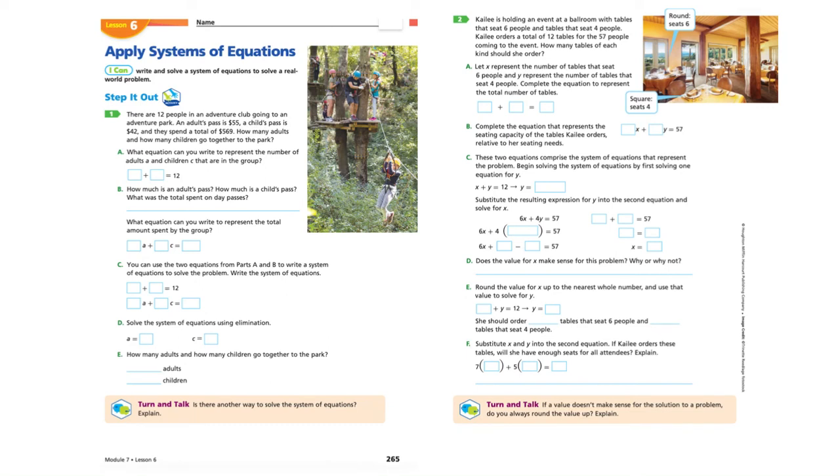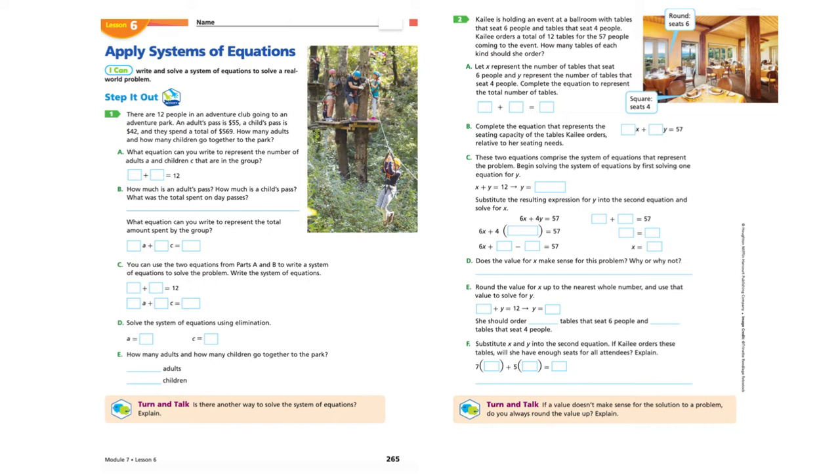Welcome back, 8th graders. This is lesson 6 of module 7. This is the last lesson in the module. So this lesson is titled Apply Systems of Equations. And the I can statement says, I can write and solve a system of equations to solve a real world